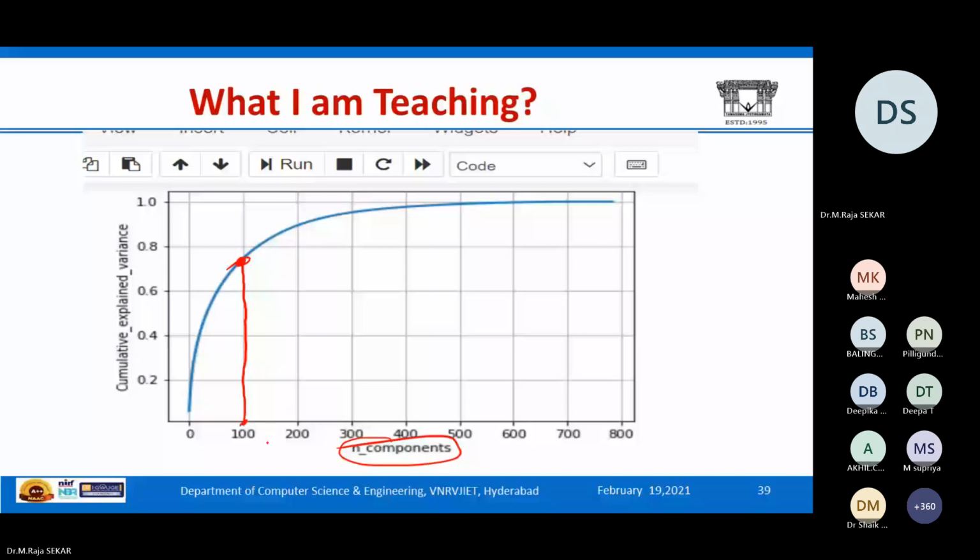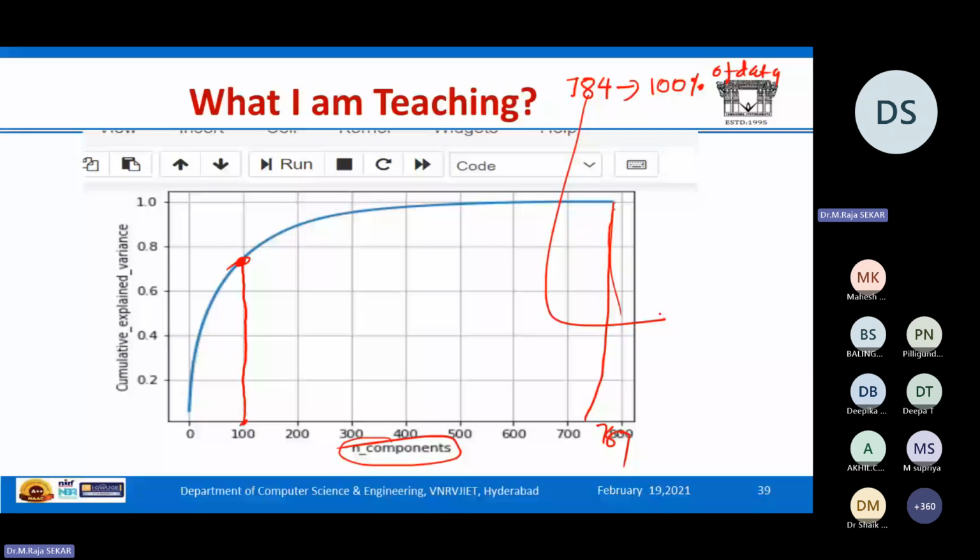Originally, again I will repeat, there is nothing wrong in repeating good things many times: if I had 784 dimensions, I have 100% of the data. Just see, this graph also goes only till 784. Now, my question is, if I reduce these 784 dimensions into 100 dimensions,